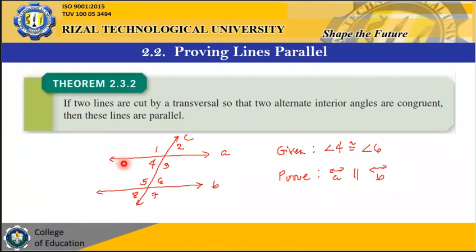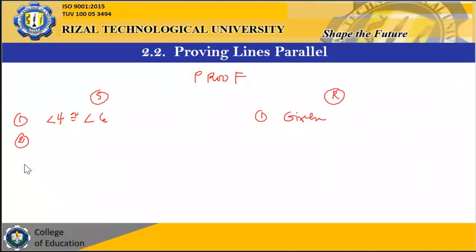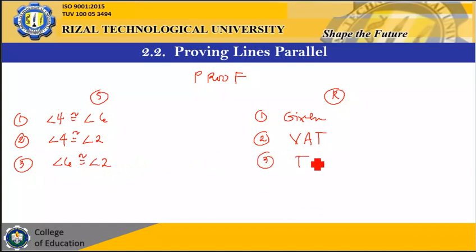We know that angle 4 and angle 2 are vertical angles. So we can say that angle 4 is congruent to angle 2 because of the vertical angles theorem. And again, it's obvious that angle 6 is congruent to angle 2, by the transitive property. And therefore, we can now conclude that line A is parallel to line B